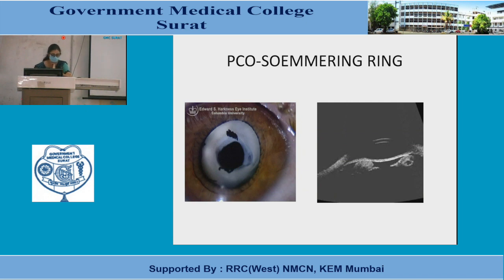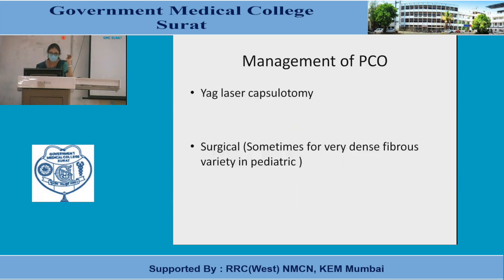So if I ask you a question, a patient comes with a posterior capsular opacification, which will not require management, keeping in mind the morphology: the fibrous one, the Soemmering ring, or the Elschnig pearls? Soemmering ring. Usually, if it has advanced to involve the center, then of course you have to laser it. Otherwise, if the vision is good, Soemmering ring will not require urgent intervention. So the management is YAG laser capsulotomy.